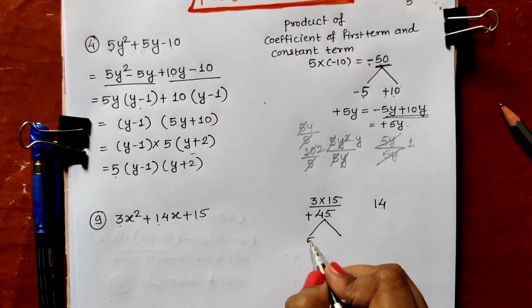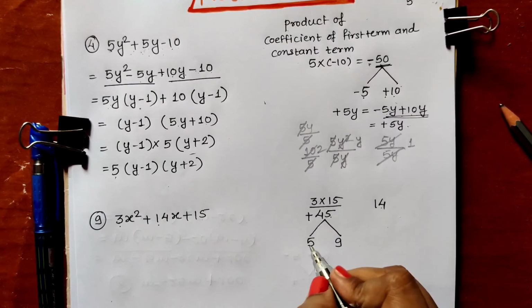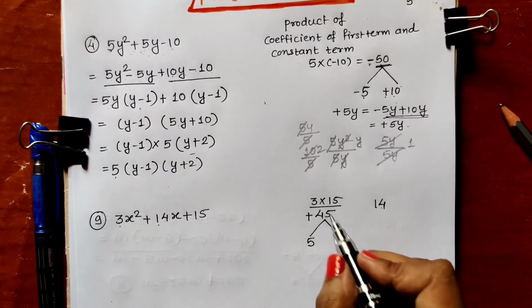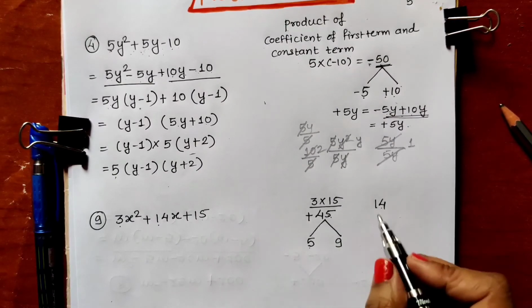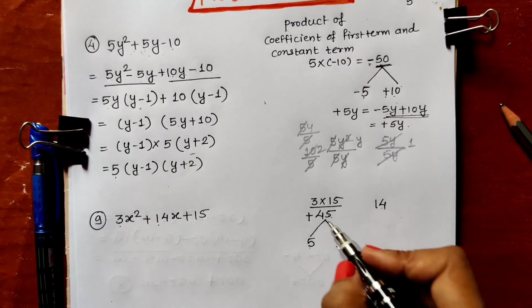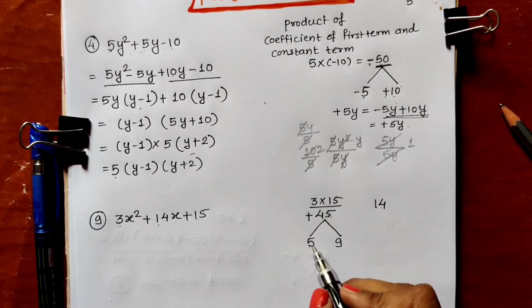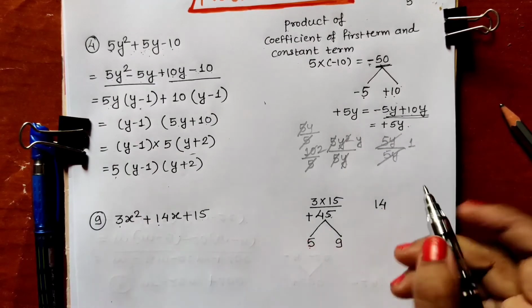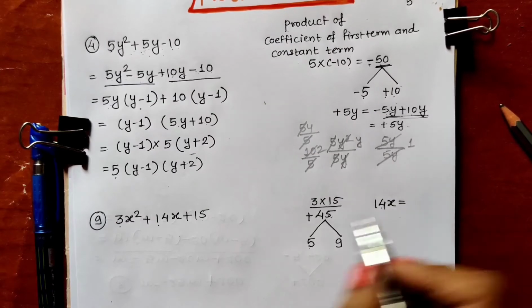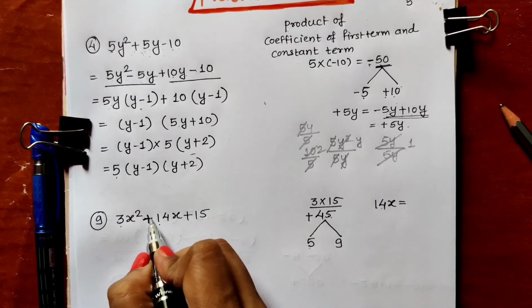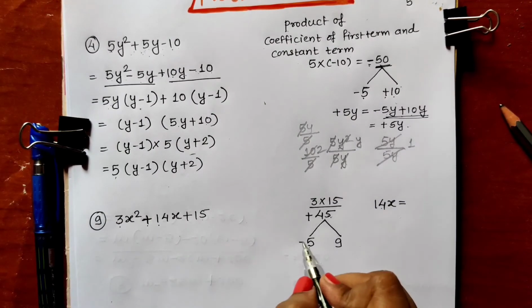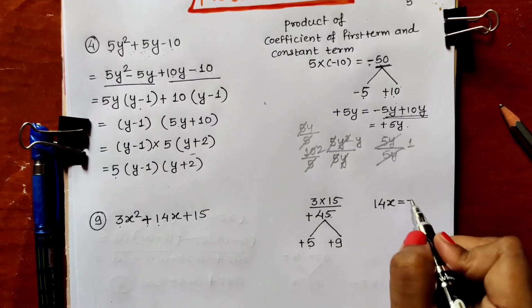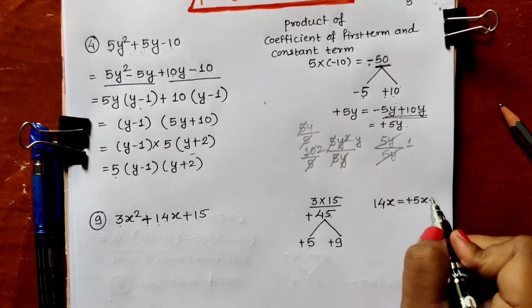We all know 5 nines are 45 and 5 plus 9 is 14. So two factors of 45 are 5 into 9. 5 nines are 45 and their addition is 14. So 14x can be written as, this is having a plus sign, so the plus sign should be given to both these factors. It can be written as plus 5x plus